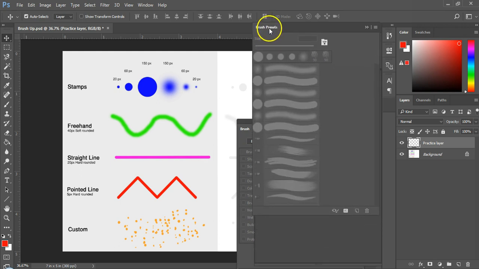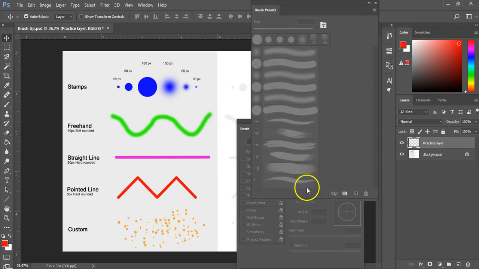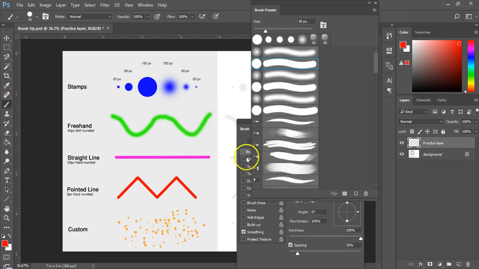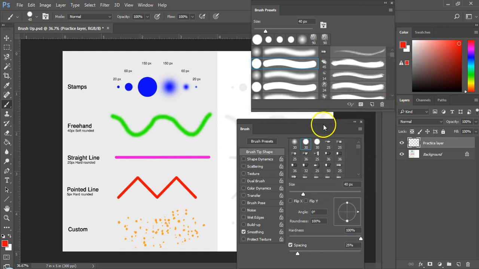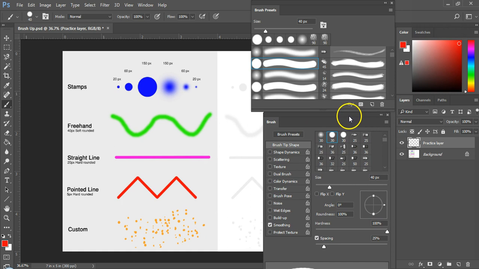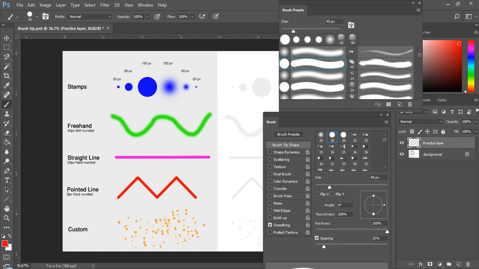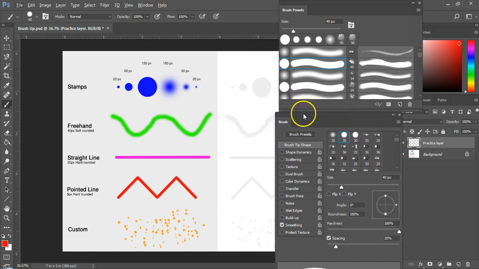Now, in case you see these panels grayed out, meaning unusable, this is because our brush tool is not active. Press the hotkey B to activate the brush tool and you can see that these panels are now active as well. Now one thing to remember here is that in order to use the brush tool, you will always need a layer, existing or new. Before we move forward to use the brush tool, let me explain these panels first, so you would know how to use them later.